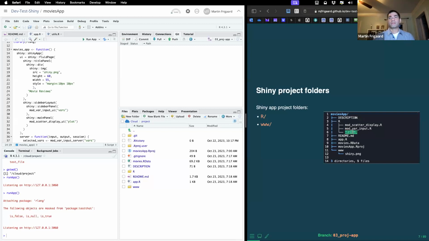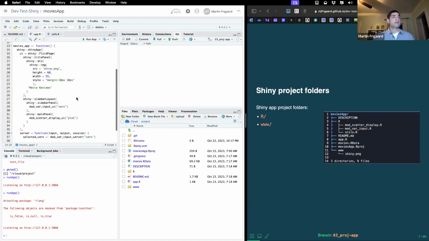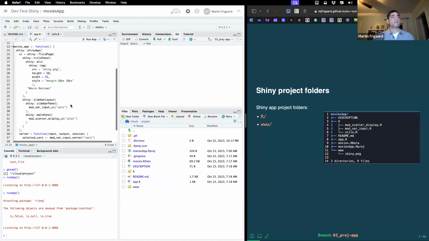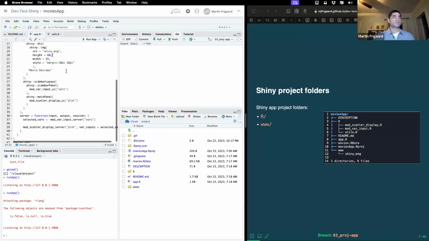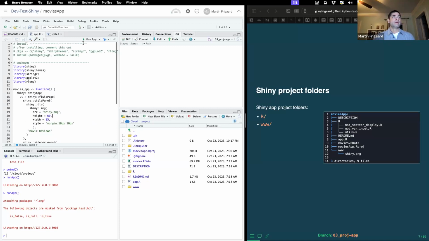Our utilities file is still holding our scatter plot function. We have an external resource that we're serving from a www folder. We have a data file here, and the app.R file is just a little bit more complicated because it's calling those modules. We've added an external resource that we're pulling in, and if we run this,